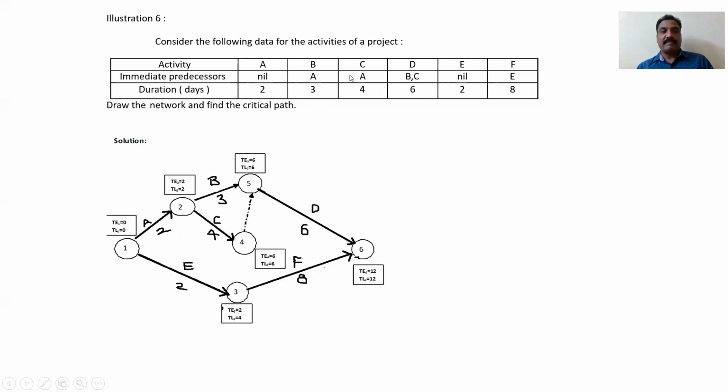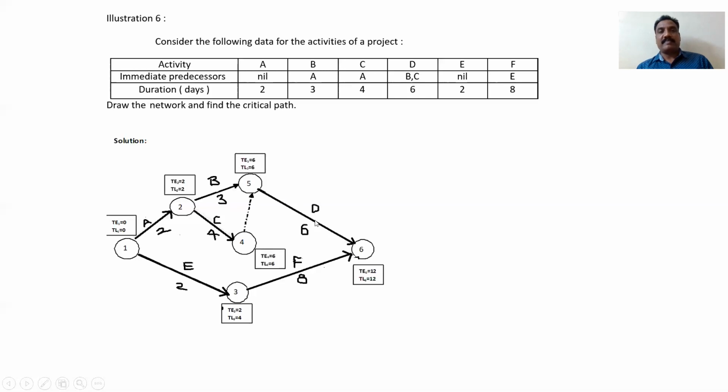So actually it is given C is preceded by A. C is preceded by A means like this you have to draw one more arrow. Its duration is 4. Next, activity D is preceded by B and C. So I cannot start from here now. So I have to take one dummy activity. It consumes 0 time. Please remember, dummy activity consumes 0 time. So I drew a line like this, arrow mark. So this is D, preceded by B and C.